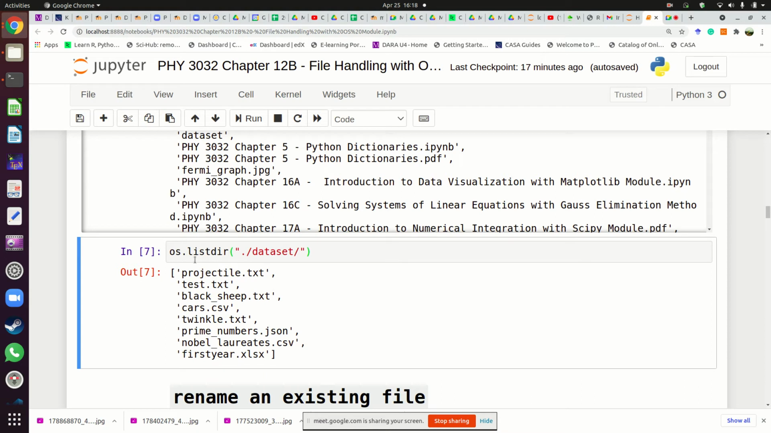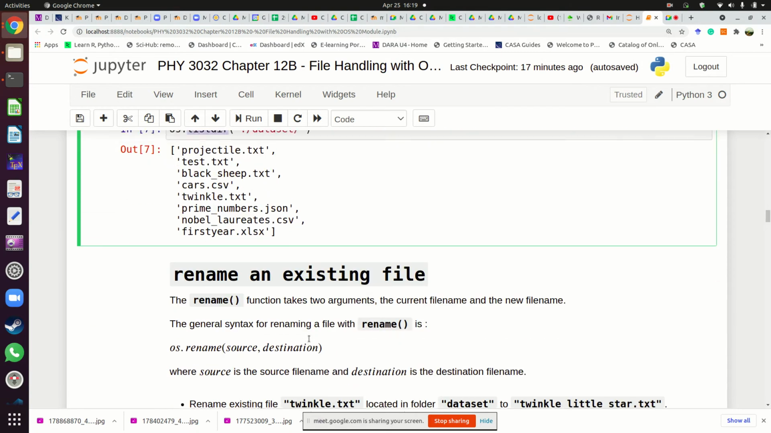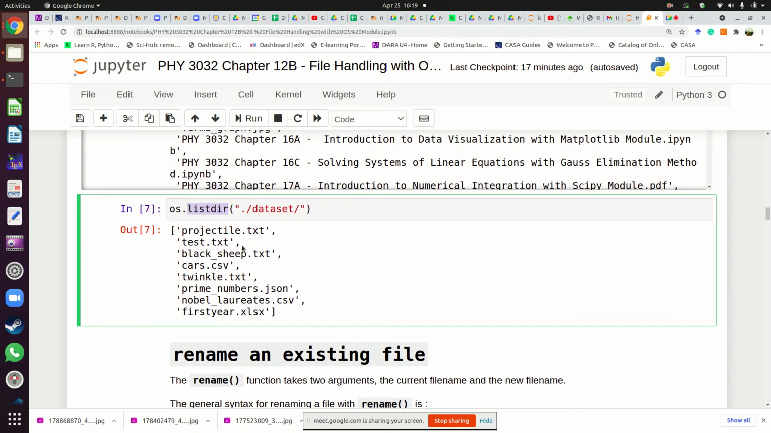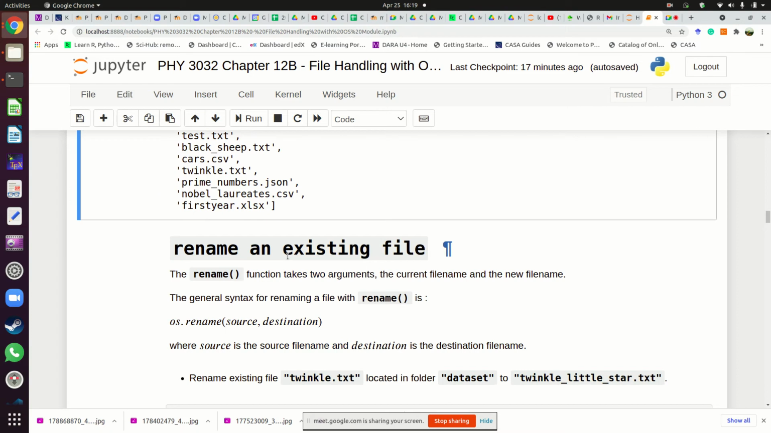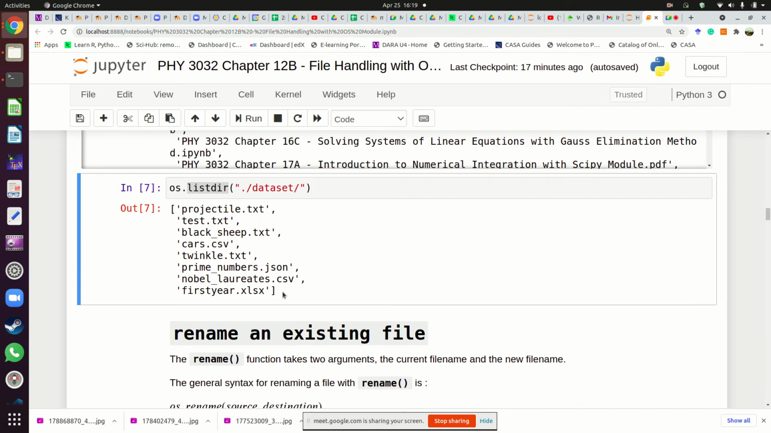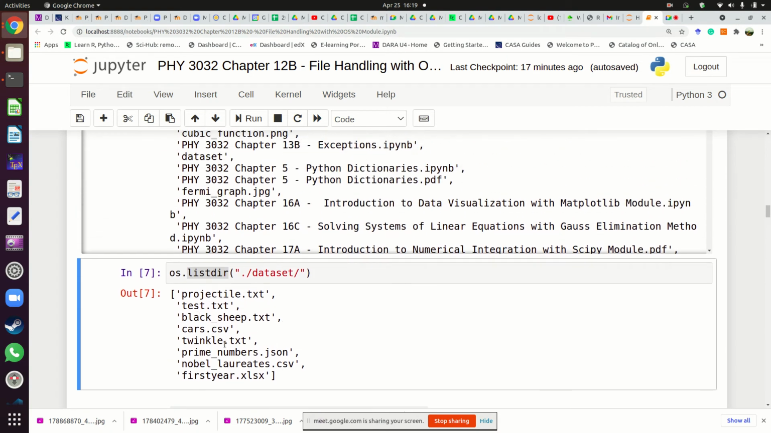Yes. So this is a function you use. listdir is the function you use to see the contents of a folder. You say listdir, then you put the name of the folder you want to see. Okay. Now that we know what files are in this dataset, the next thing we want to do is change the name of this file,